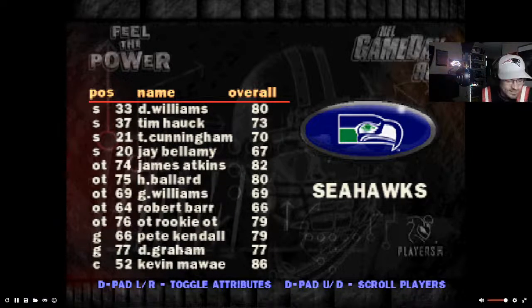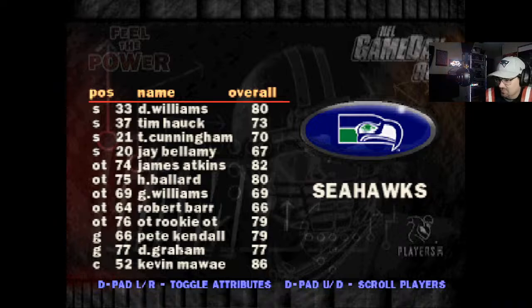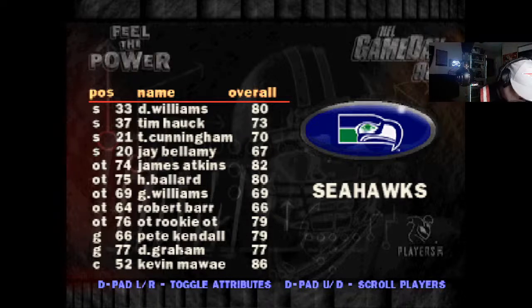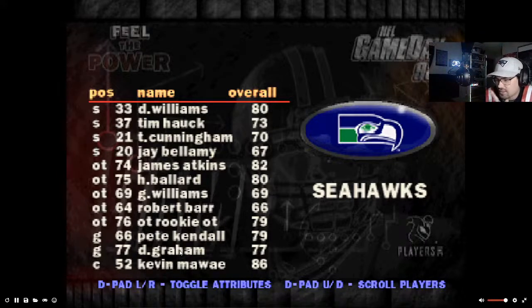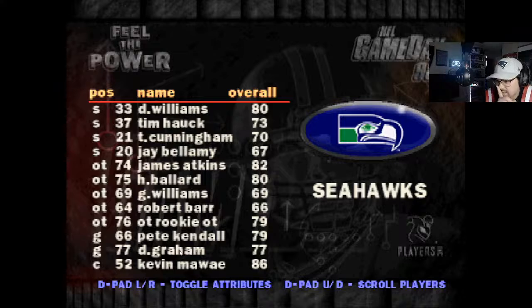I also have a rookie tackle who's in the game. What is number 76, offensive lineman? He might not have been. So, I don't know who that is as far as H. Beller, G. Williams, Robert Barr.